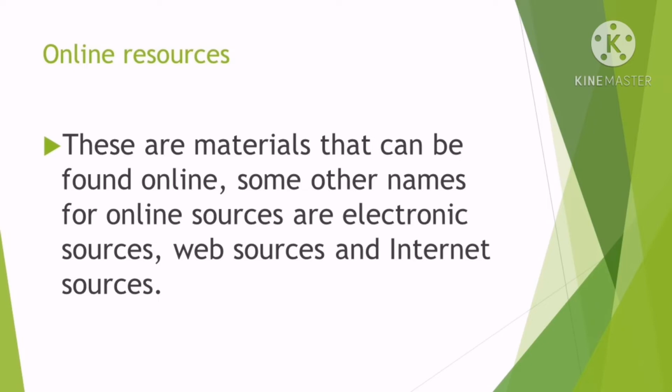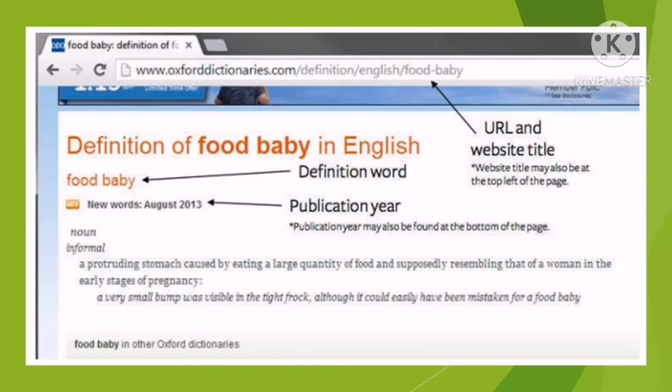Online resources are materials that can be found online or on the internet. Some other names for online resources are electronic resources, web sources, and internet sources. Basically, everything that we can get on the internet. Now, let's look at some examples. One example here is